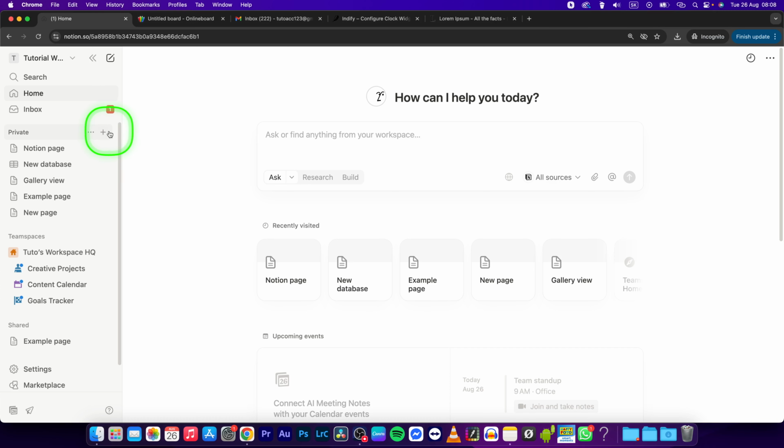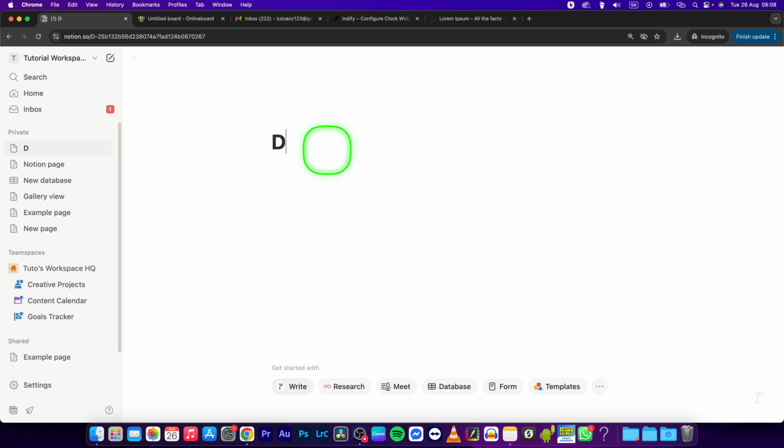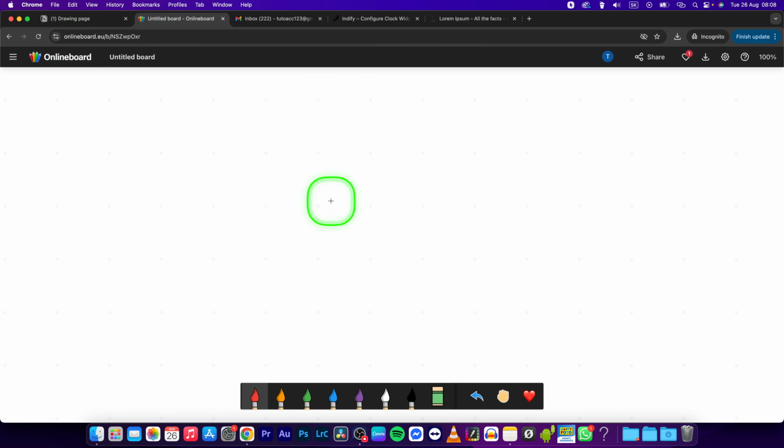So first step is to create a new page and name it drawing page. Now simply go over to onlineboard.eu and create your account. Here you can use it to draw, and in order to implement it into Notion, just click on share and then